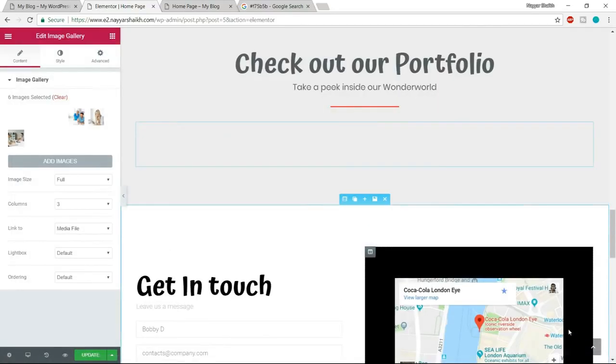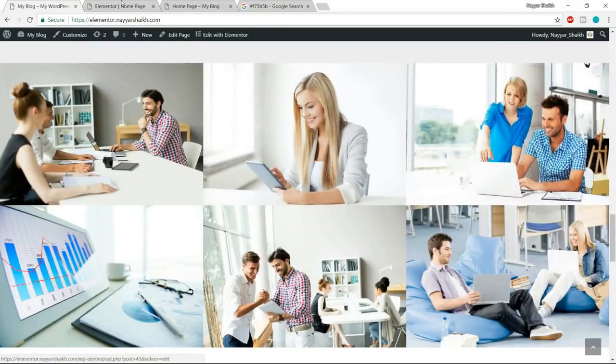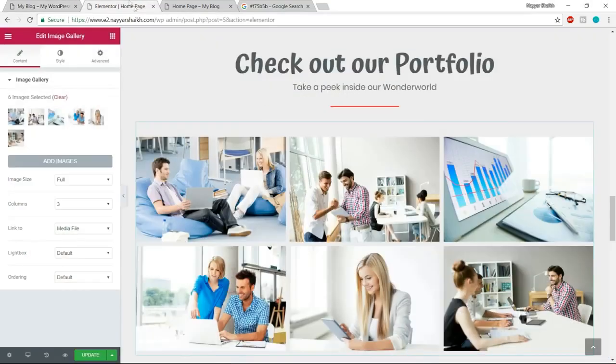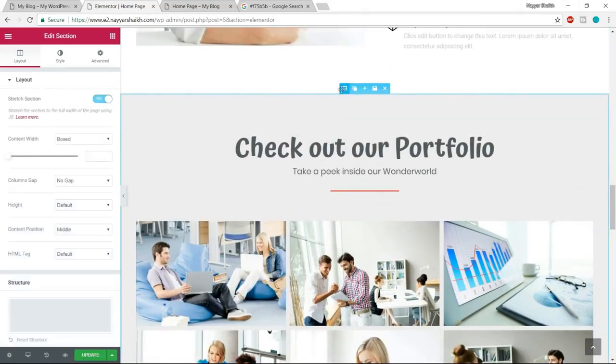Click on insert gallery. Okay, so we have something like this. Now this still looks totally different from this one. Here we don't have any gap and it is all full width. So let's do that. Come back over here. What you can do is click on this edit section and under content width, you can select full